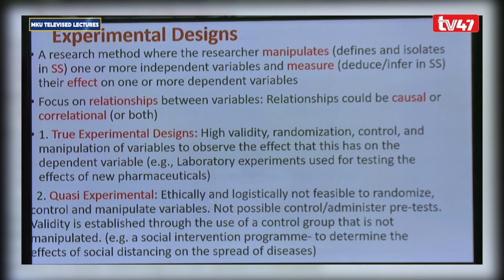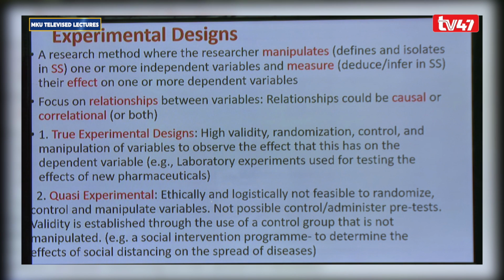Then there are two types of experimental designs. We have what we call the true experimental designs, and the true experimental designs are mostly the designs that take place or are performed in a laboratory. In this case, you have a high level of validity because you can observe things, you can verify, you can predict. So in true experiments, you have a high level of validity, and this validity is also ensured by having a higher level of